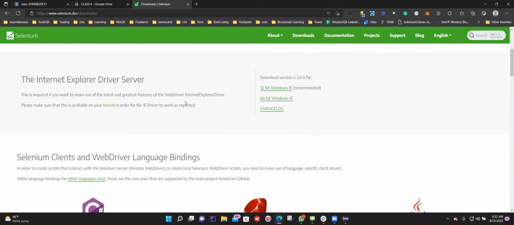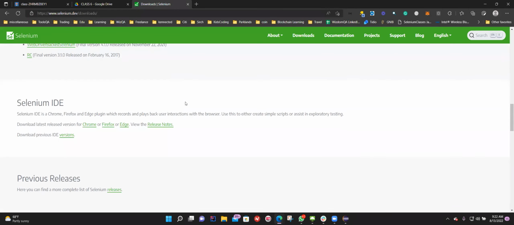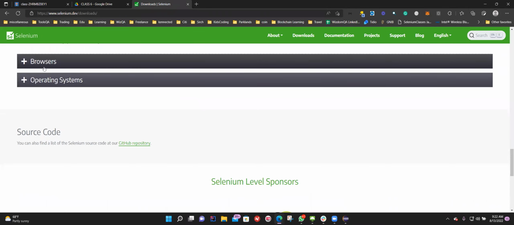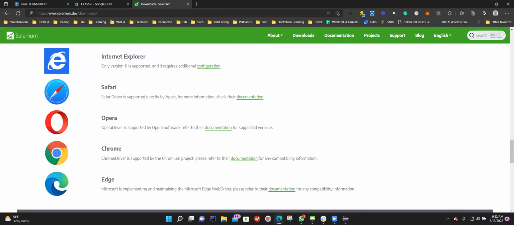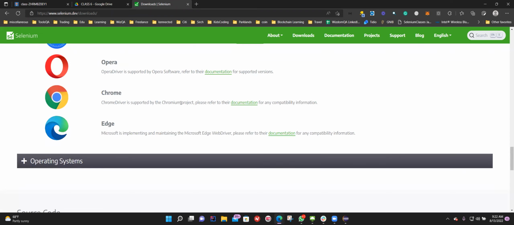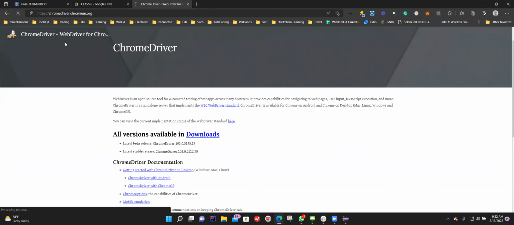Then if you scroll down a little bit, you can find a section called browsers. If you open this up, you will find all the browsers Selenium WebDriver supports. So I have Chrome, that's the one that I'm trying to target. So I go and click on documentation. This will lead me to another page called